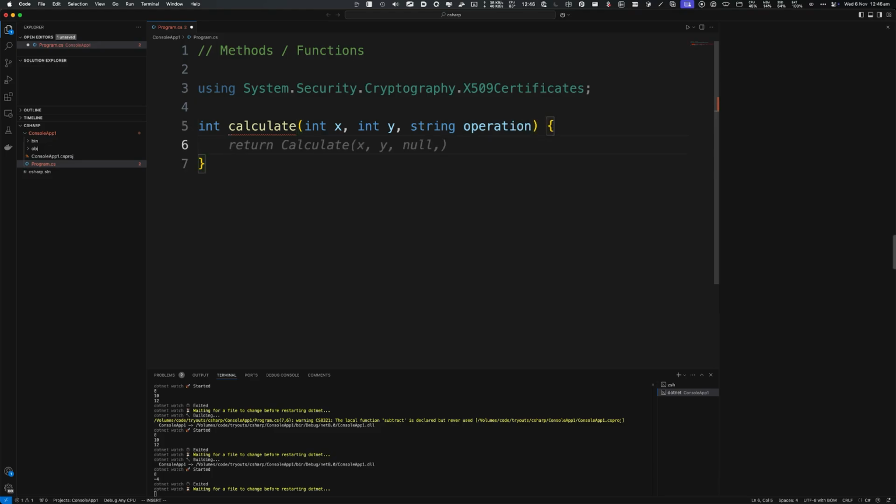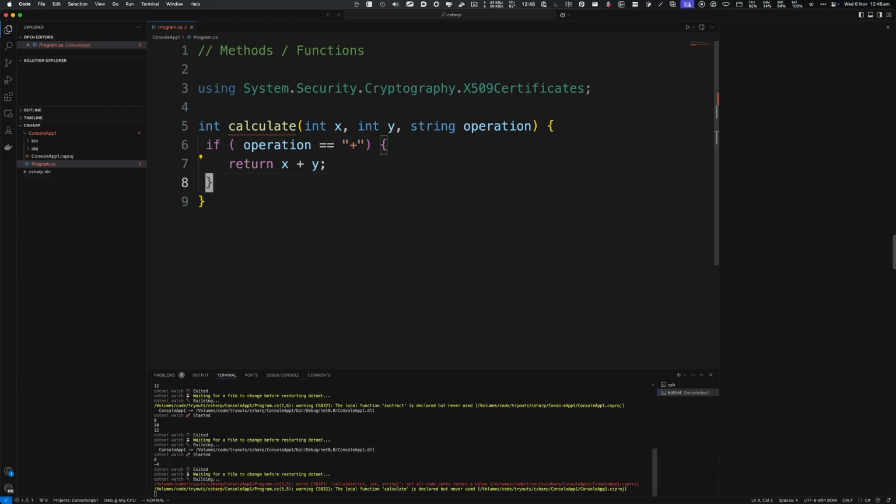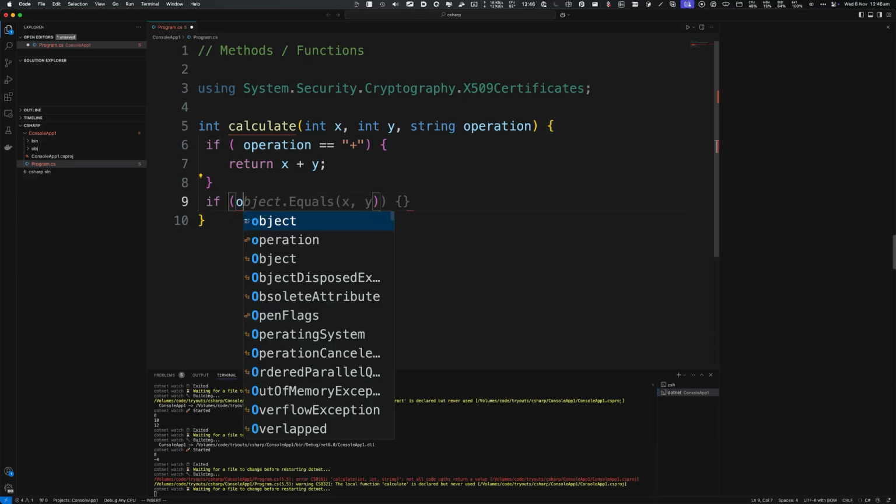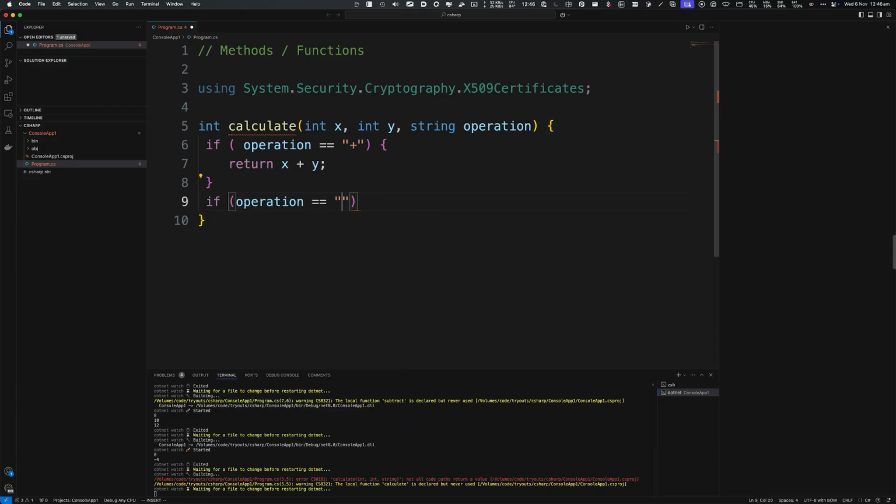And then we will do calculate, recall the function, and then depending on operation, for example, let's just say we can use an if statement. We can say if operation equal to plus, then we are going to use the keyword return, and we're going to use x plus y. Okay, if that is the case, then we can also do if operation equal to minus,